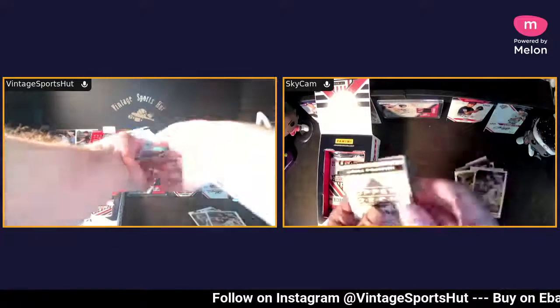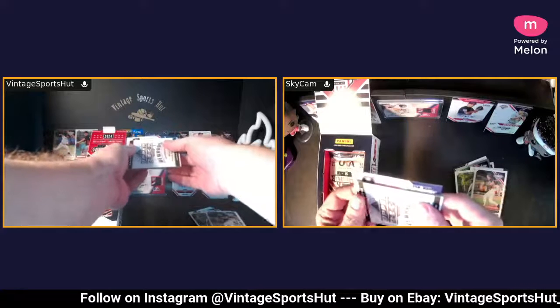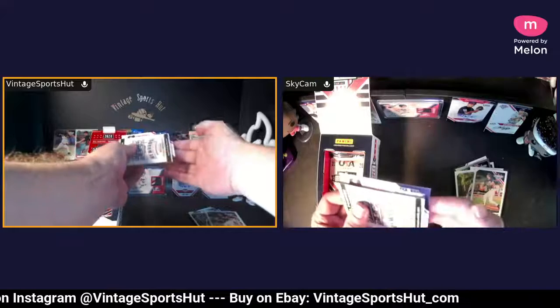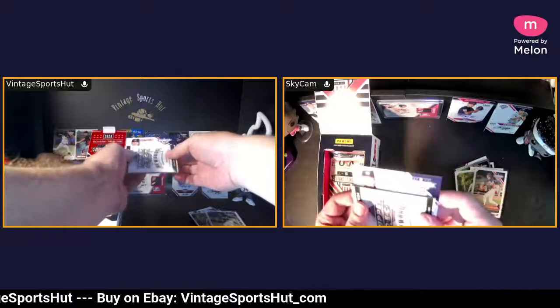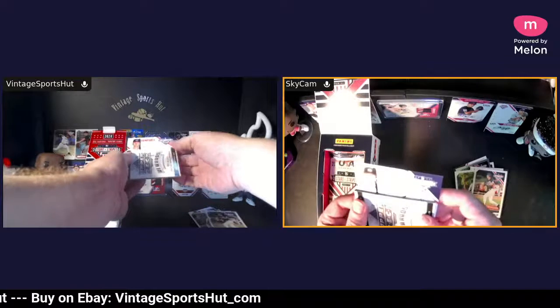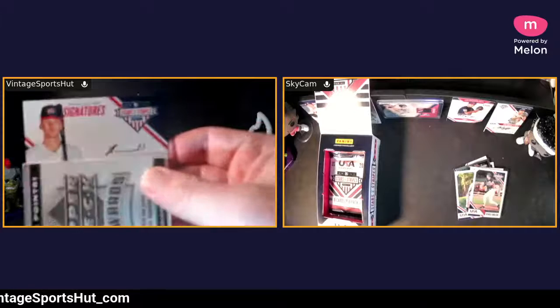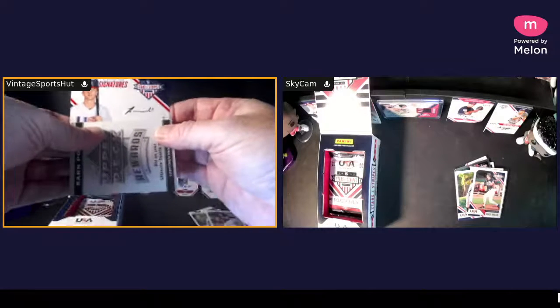Nope, not that direction. There we go. So it's an 18 and under national team signatures card. Not quite sure who it is just yet. It is numbered to 499. So it's probably a pretty basic card. It's on card, one of the tiniest autographs I have ever seen. Look at that. That is one tiny autograph. And it is...